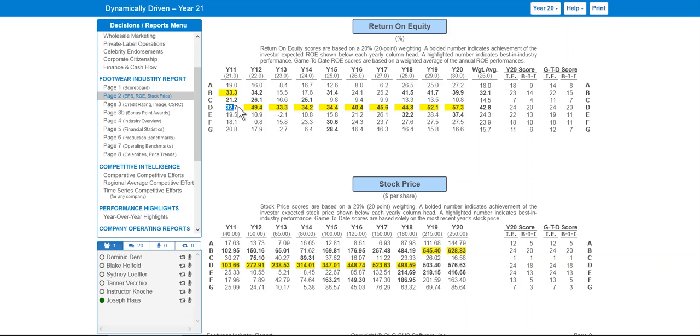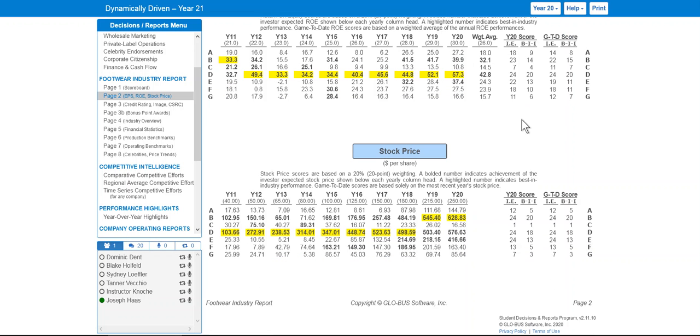Our very first year was 32.7. Their average never came close to our lowest. So it's kind of surprising that they were even 10 points behind us, because we really dominated in return on equity. And somehow